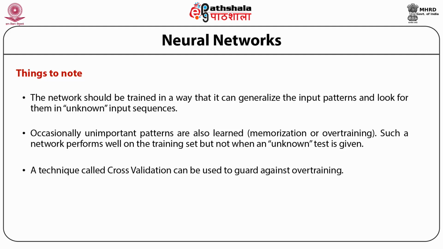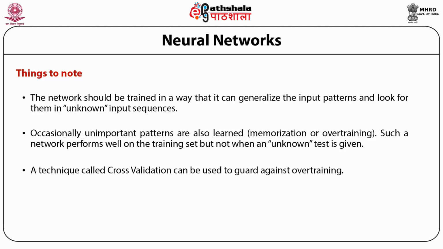So whenever one is training a neural network, one has to be very, very careful not to overtrain the system. This can be done by minimizing the size of the network, so that it minimizes the number of parameters which have to be adjusted, or by increasing the number and the diversity of the training sequences by which this training has to be done. So there are various approaches, including using robust cross-validation methods to stop the training the moment it is